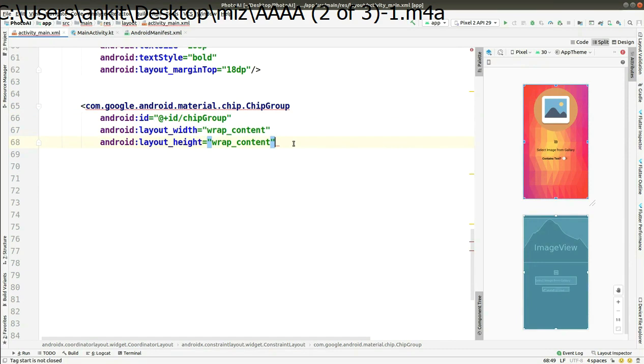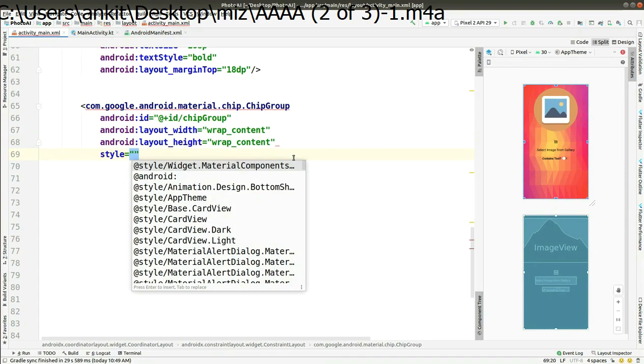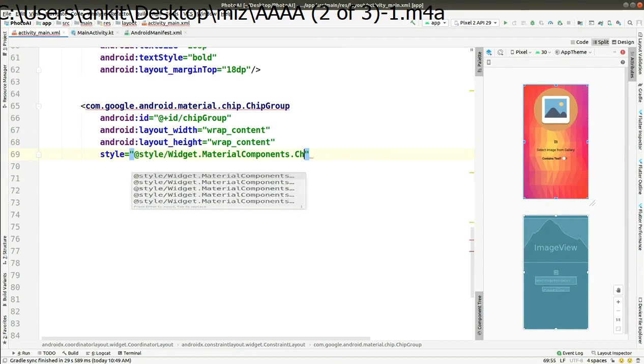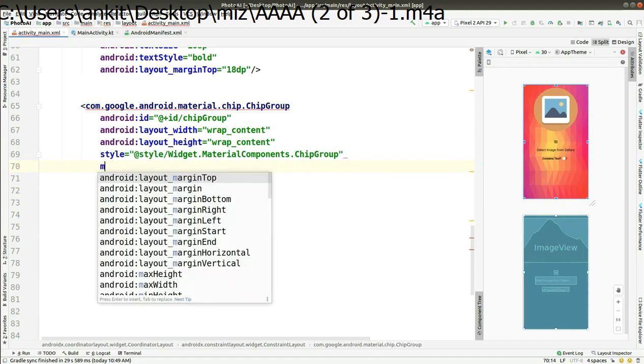The chip group is like that. At the end of the video you will be able to see the output of this app, then you will understand what a chip group is and how it looks. Now it will not appear on the screen, but in the output it will appear.